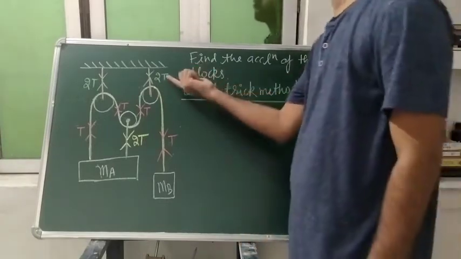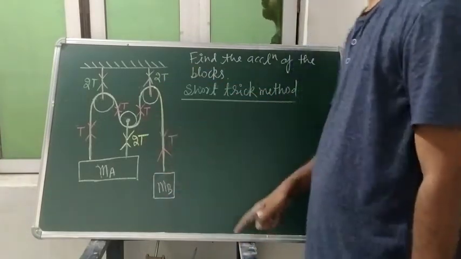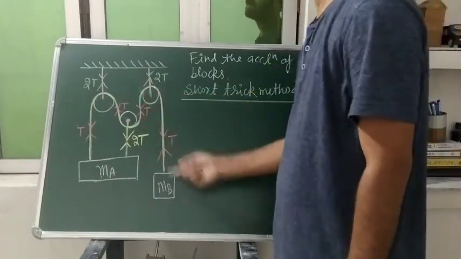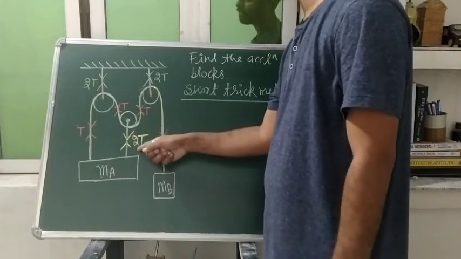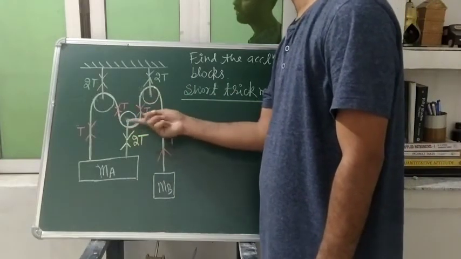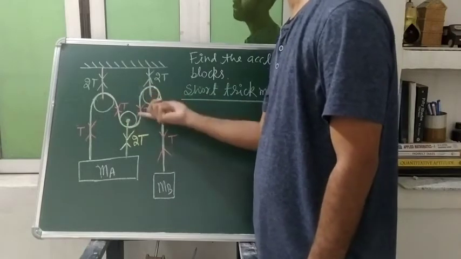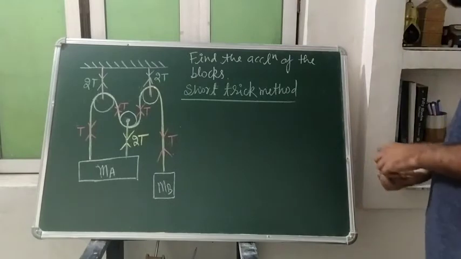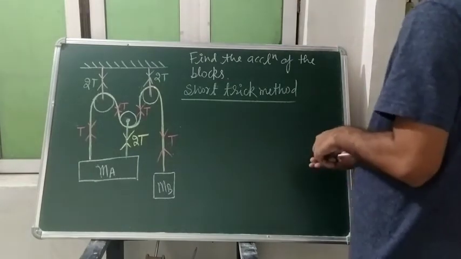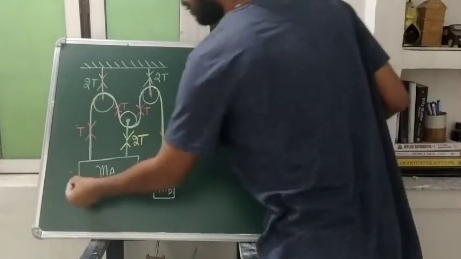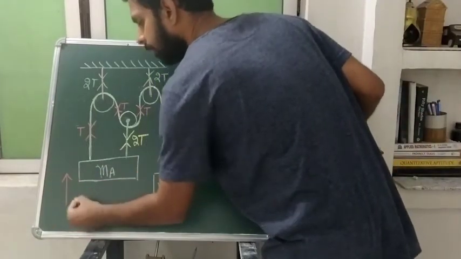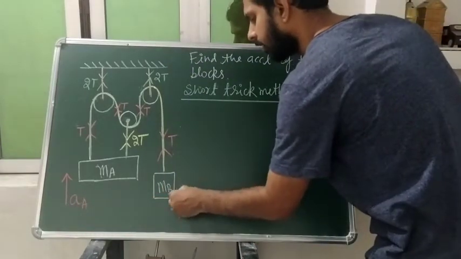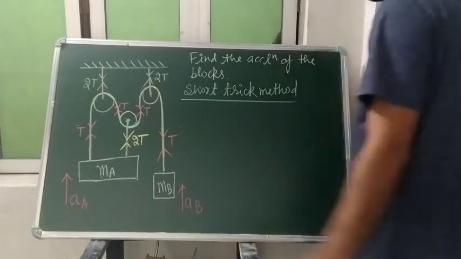But it will not come into account. These things are going to come into account. So what is the tension in this string? T at each and every end. Here the tension will become twice of T, because now when we cut this string, T is acting upside, T is acting upside. So here it will act twice of T. And we will assume our acceleration. Suppose I am saying both accelerations are upside. This is acceleration AA, this is our acceleration AB.